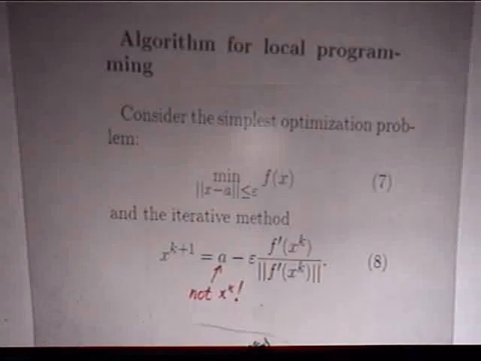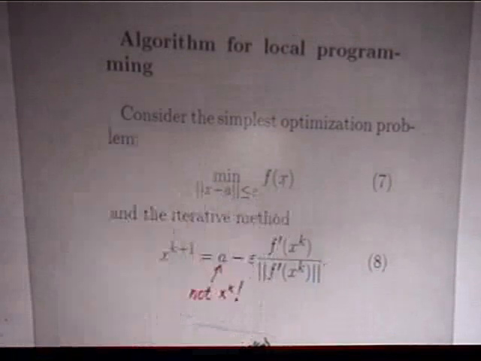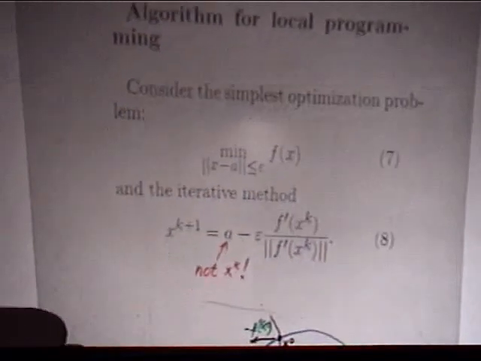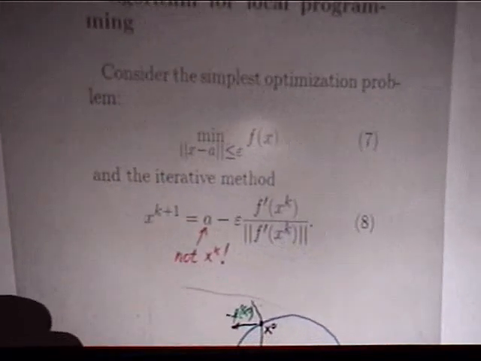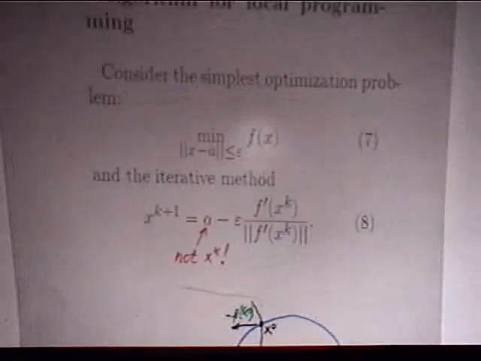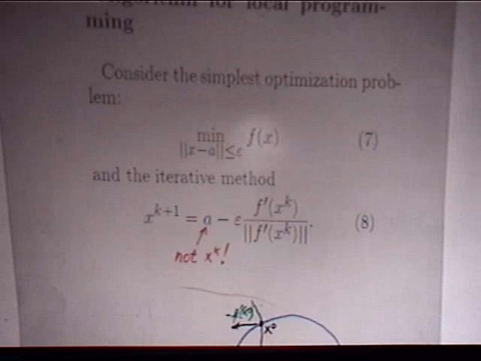So we are looking for the minimum of a scalar function f of x subject to one constraint, that x belongs to the ball. And the only assumption is that the derivative at the point A is not vanishing. It's not zero. Then